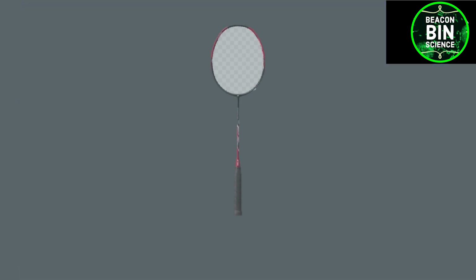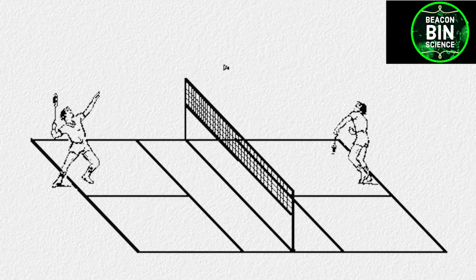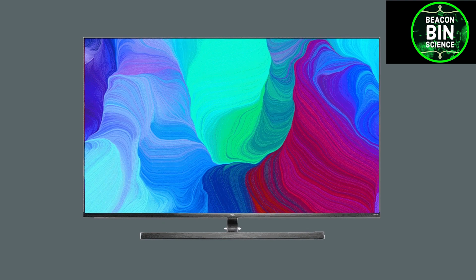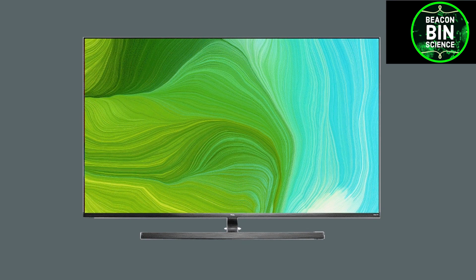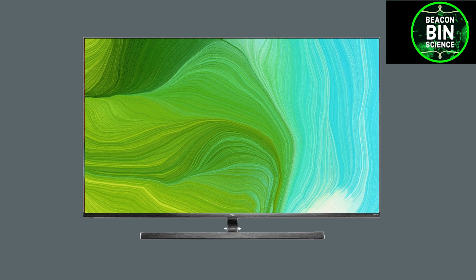It has also conquered the sports market. These days, badminton racket manufacturing company Yonex has started using carbon nanotubes because of their high strength and elasticity. Last but not least, carbon nanotubes are being used to develop flat screen TVs of the highest resolution that the human eye can detect.